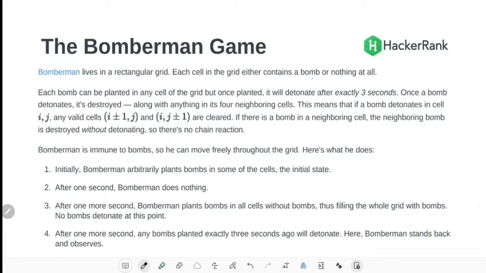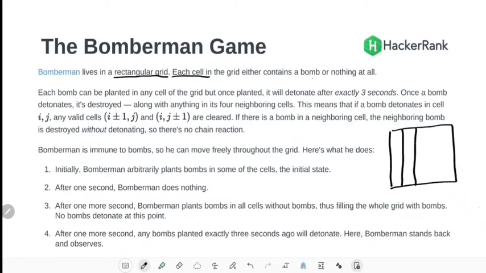Bomberman lives in a rectangular grid. Each cell in the grid either contains a bomb or nothing at all. So, it is given that there is a rectangular grid and Bomberman lives in it. There are cells, and each cell contains a bomb or nothing. This entire thing is known as the grid and this particular thing is known as a cell,